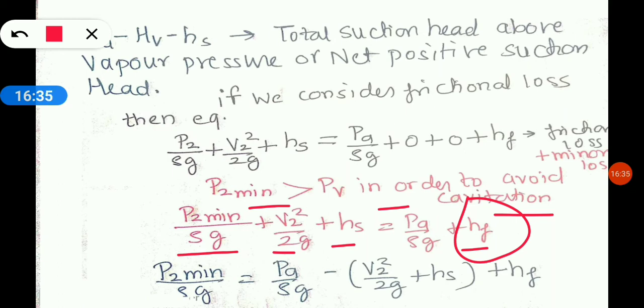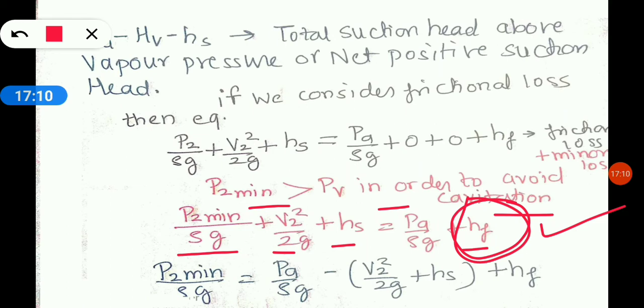Why? Because of friction, because of losses, what would happen? The tendency of rise in pressure. See what is happening in the draft tube. In the draft tube the pressure is rising. So due to the rise in pressure, there is a negative pressure creation at the runner exit. But what will this loss do? This loss will decrease the tendency of rise in pressure, so it will decrease the drop in pressure at the exit of the runner. So that will decrease the tendency of cavitation. That's why friction is supporting here.